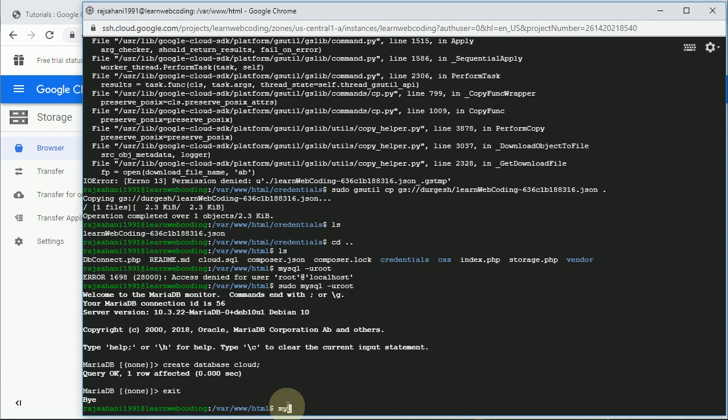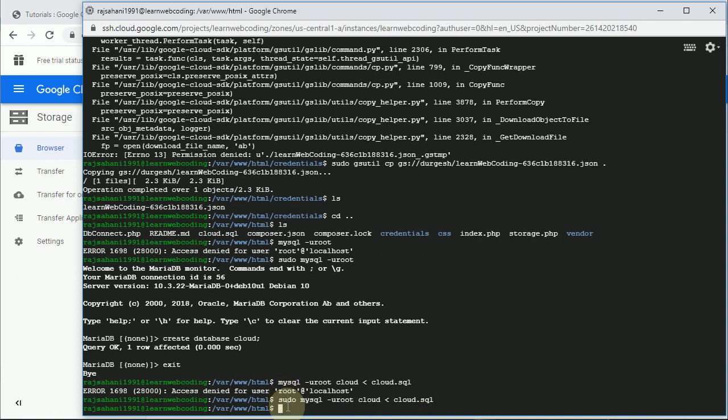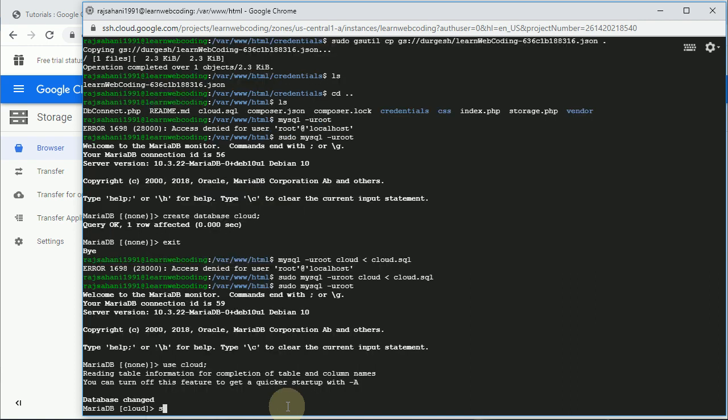Now dump the database into the cloud database. You can do that by using mysql, user root, on cloud database, load the cloud.sql file. I think we have to use sudo again, and it is done. If you log into the MySQL database again, then say use cloud and select star from files,